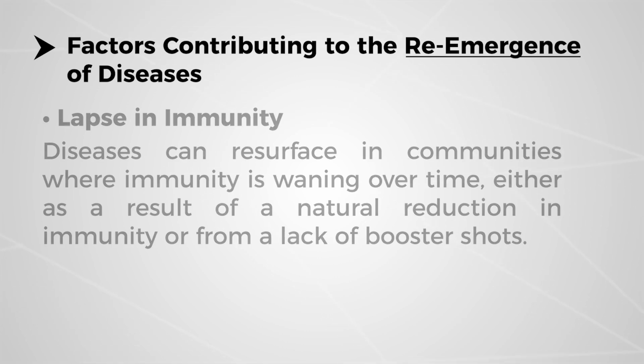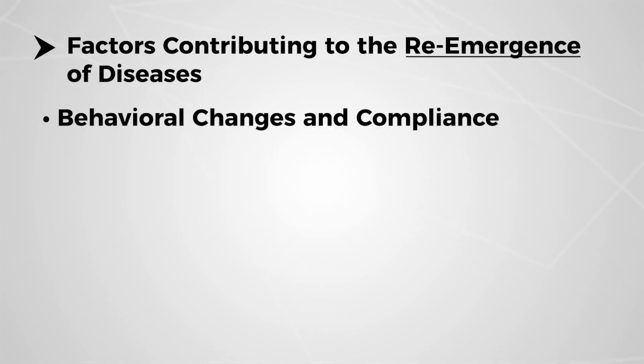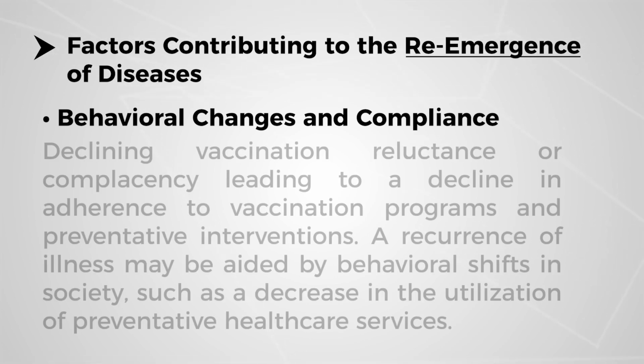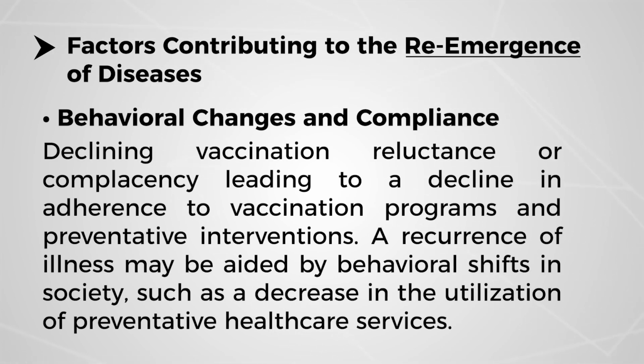Then we have another very important factor, which is behavioral change and complacency, like declining vaccinations and reluctance, leading to a decline in adherence to vaccinations. If you do not have a proper vaccine for a particular disease, there is a chance that the disease will re-emerge again. A reoccurrence of illness may be aided by behavioral shifts in society,